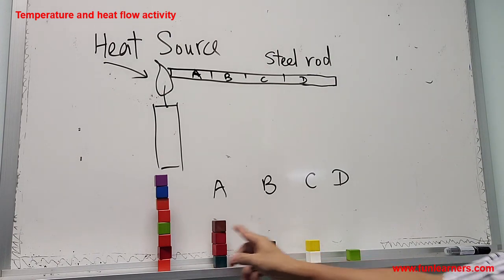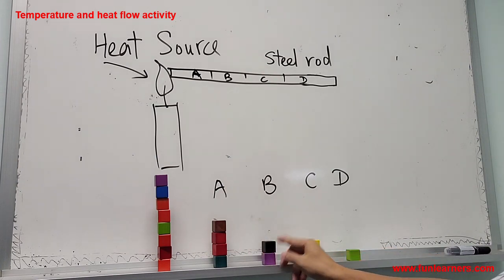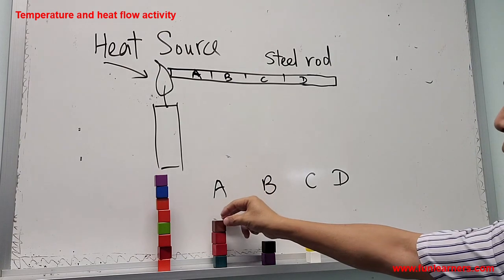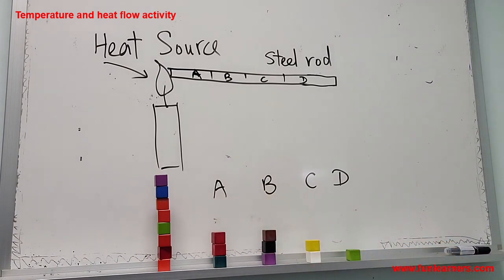So these students will keep on giving heat, this block, from A to B, and B gives it from B to C, but they must observe a certain rule. The rule is heat must flow from high temperature to low temperature. And then this activity most probably will take about 10 minutes. Be patient, let the students